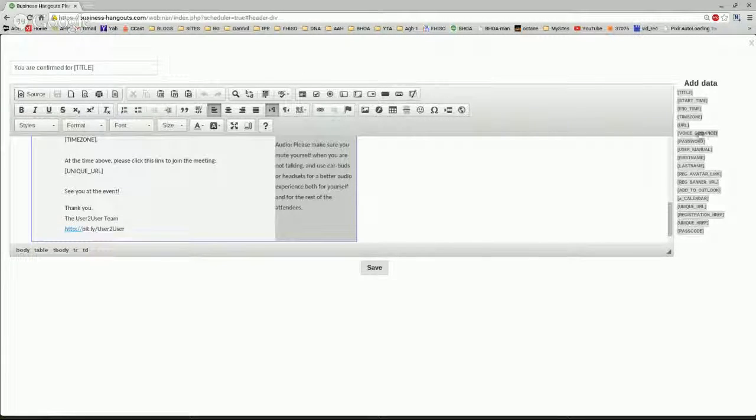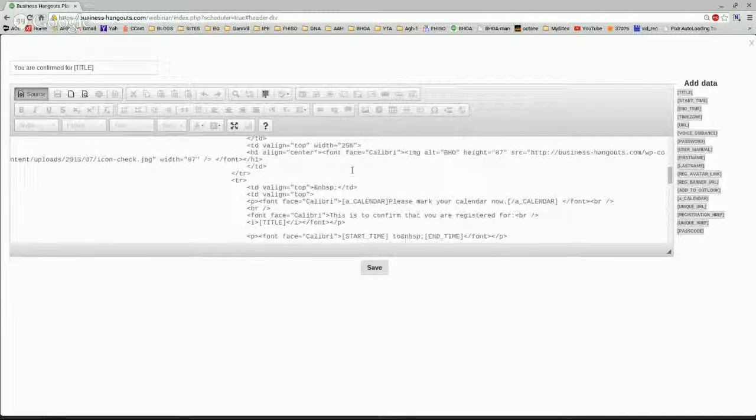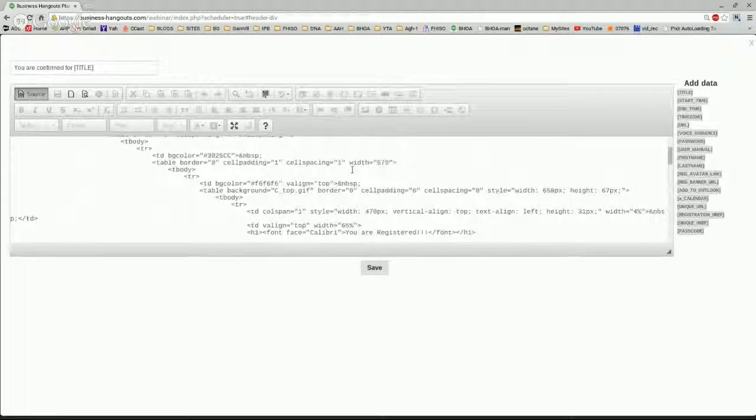Title, start, end, URL, voice, password, user manual, first name, last name. Okay, now we're going to hit source. We're going to go down here to where it said the user because you want to put in